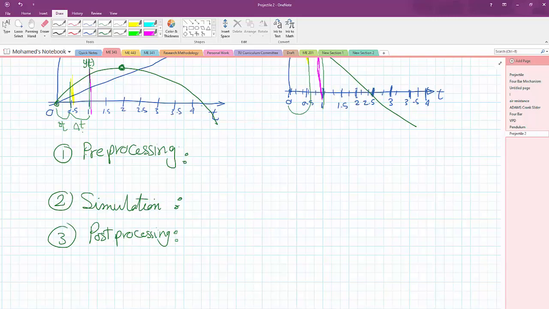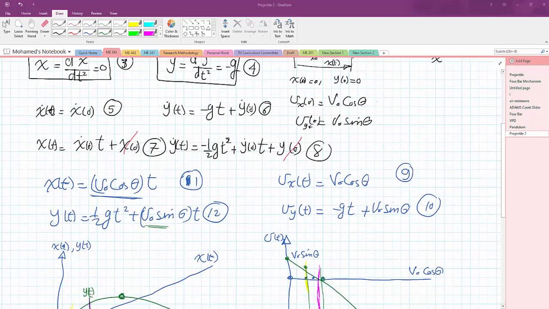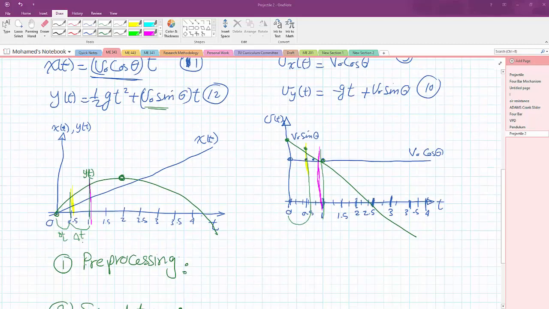Okay, so let me ask you this question here. If you think about this projectile, and we are assuming this x represents the horizontal x-axis, which is actually the ground, and this y represents the vertical y-axis, which is actually the altitude above the ground. As you can see here, this is our projectile motion. If we would like to interpret this result, what we see here is that x is increasing with time,